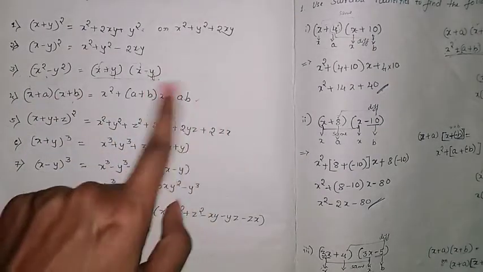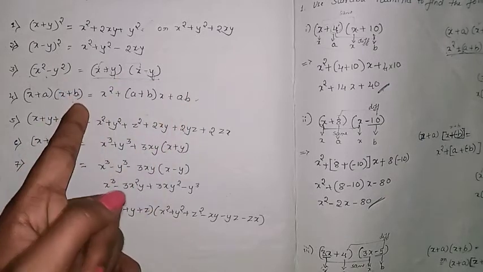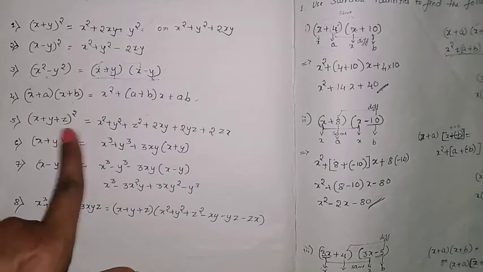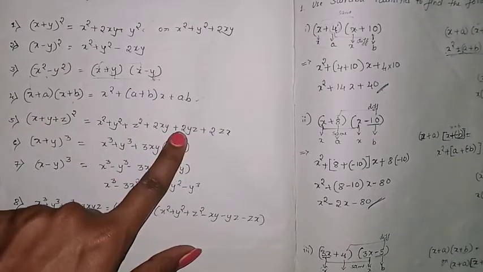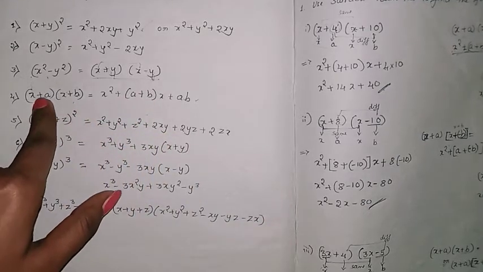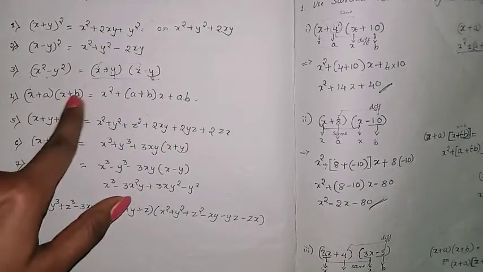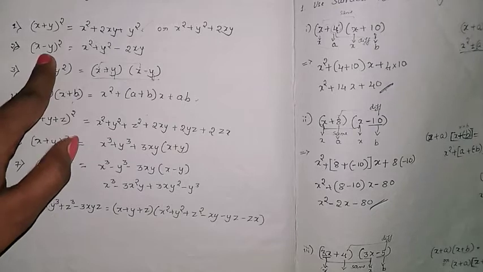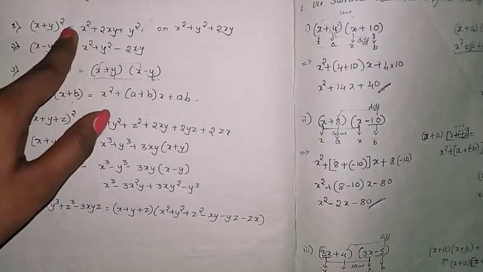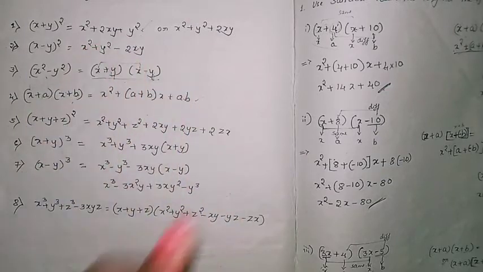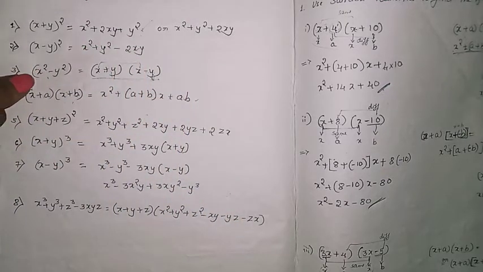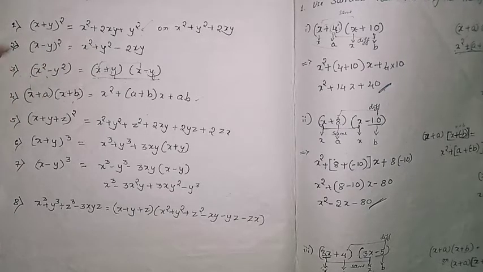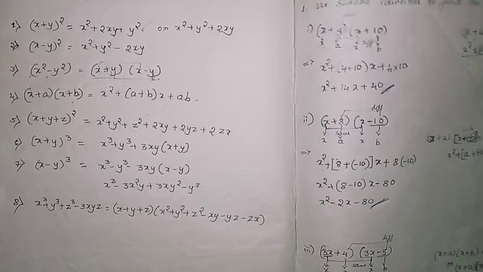Sometimes they will give the RHS side and you have to find the LHS. Sometimes they will give the LHS, then you have to solve for the RHS. Here you observe it is a three-term expansion, so it is not there. In the LHS we have two terms, but in the RHS we have so many terms, so it is also not there. And here x plus y, x minus y, x square minus x plus y whole raised to square, this is not possible because we have only two terms there. And here we have two terms with a negative sign, the first term is square, the second term is also square. That means this is our required identity to solve the problem.